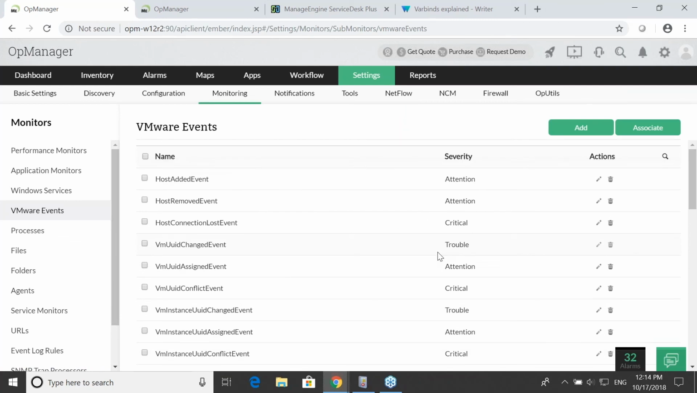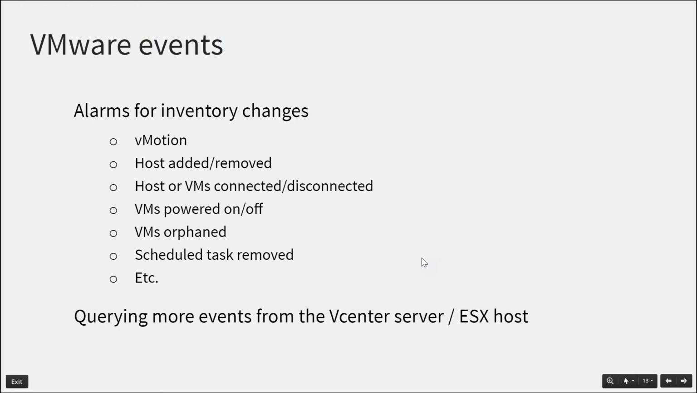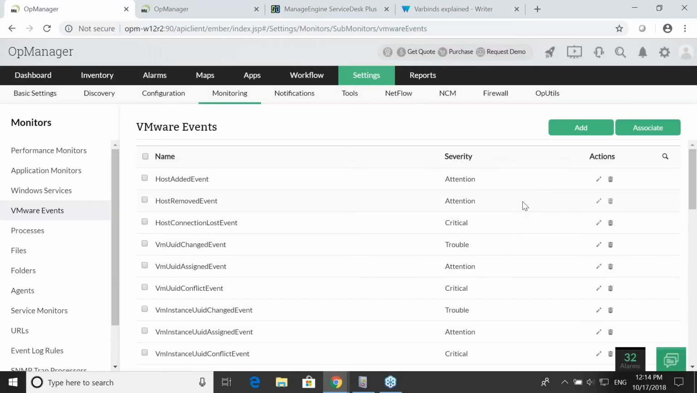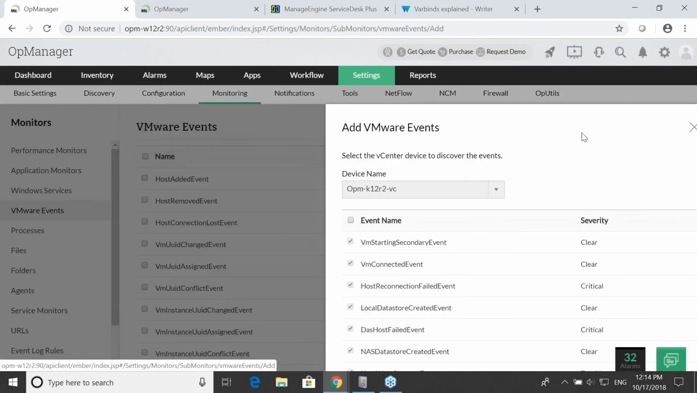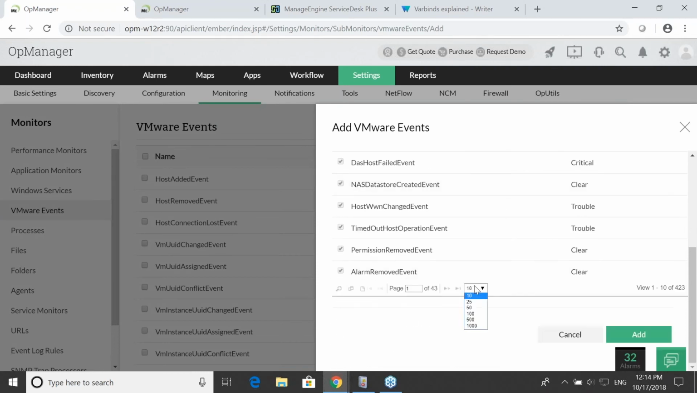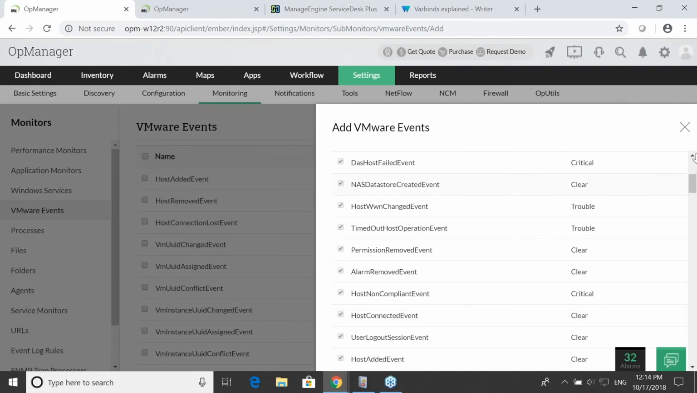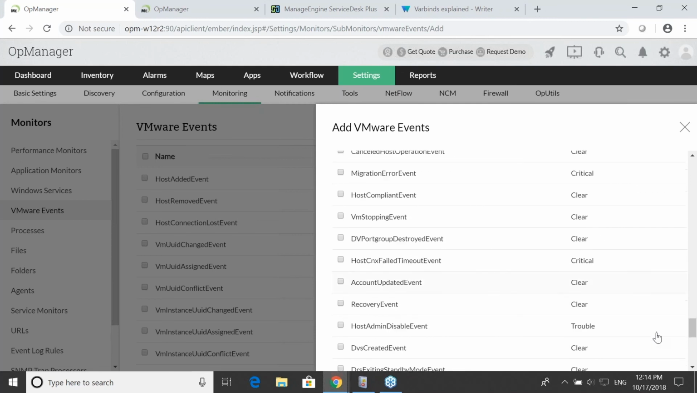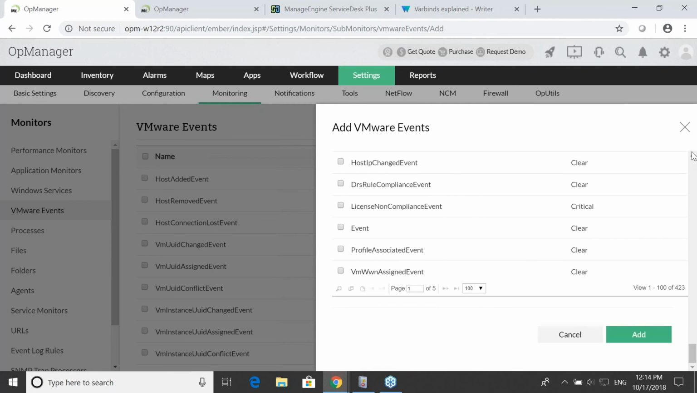But if you wanted to add more events, all you need to do is query that from the vCenter server or the ESX host. So from the VMware events page, you just need to click on add and query the ESX host or the vCenter. And previously we just saw 35 showing from the VMware list, and right now you'll be able to see it has discovered close to 400 VMware events, and if you wish to add some more event to this